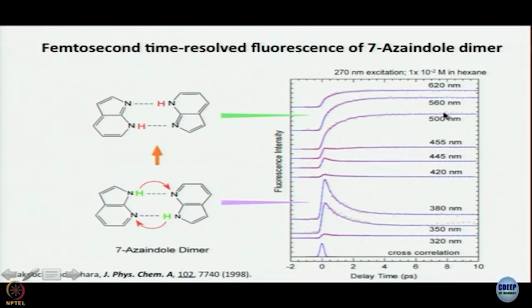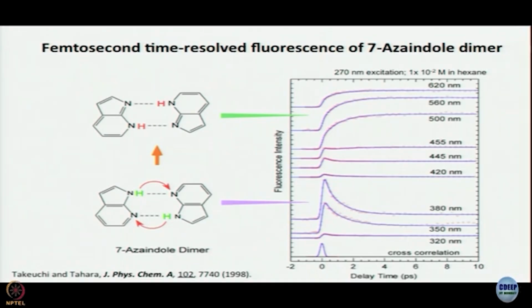If you go more towards the red, you can see they have deliberately put in a gap, 455 and 500. Actually they had recorded decays at many wavelengths in between also. But the gap is so that you see it nicely that there is a rise. So, what is this fast decay? Decay of the locally excited state. What is the rise due to? The rise is due to the formation of your